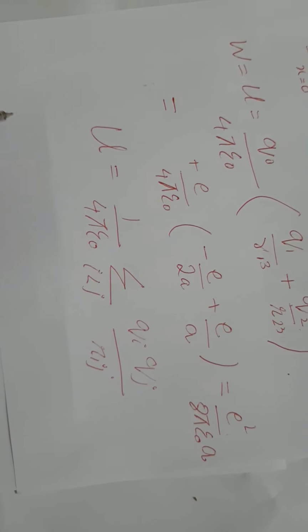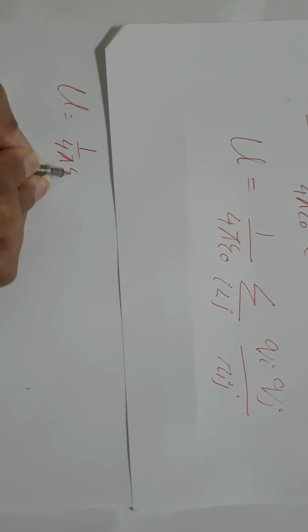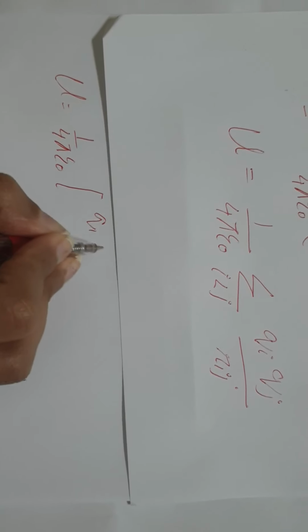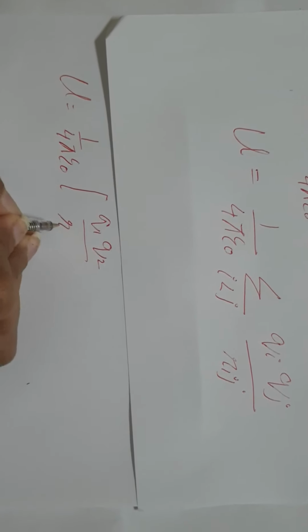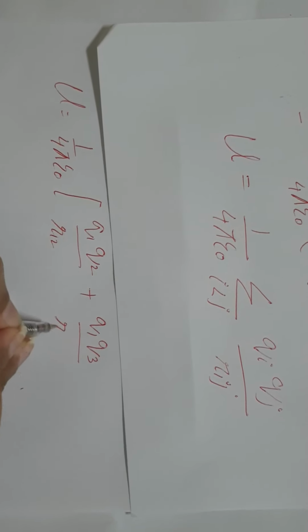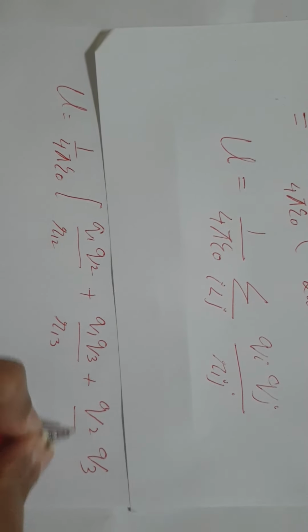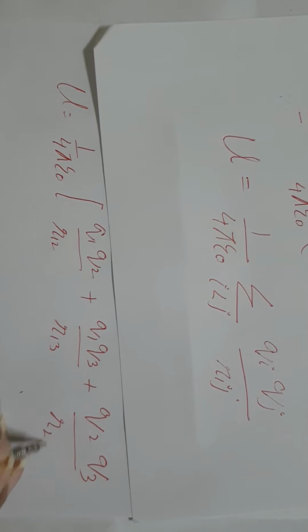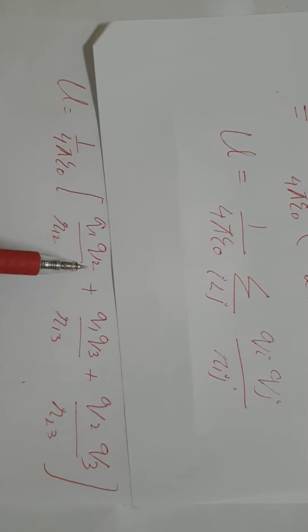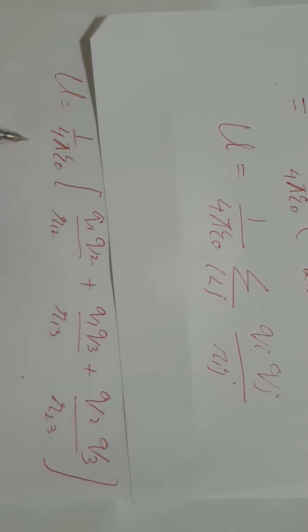Its further expansion will become, so we're putting in the values of Q1, Q2, Q3 and similarly R12, R13 and R23. We will get